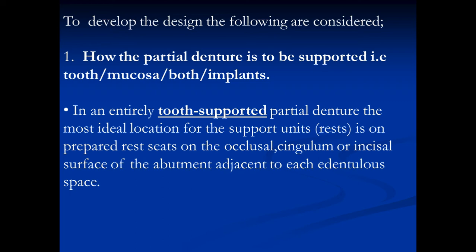For what all conditions we do these removable partial dentures, or how exactly we are supposed to take care of the design of the removable partial denture for different conditions. Say we have three different conditions. The removable partial denture which is present in between all the dental units, that is a class 3 situation, where we have a removable partial denture which is supported on all teeth in itself.